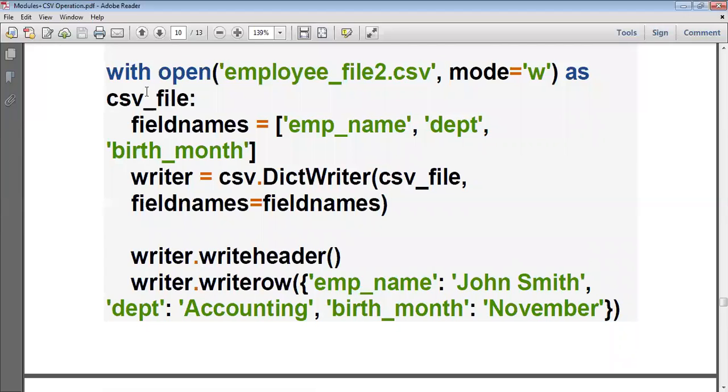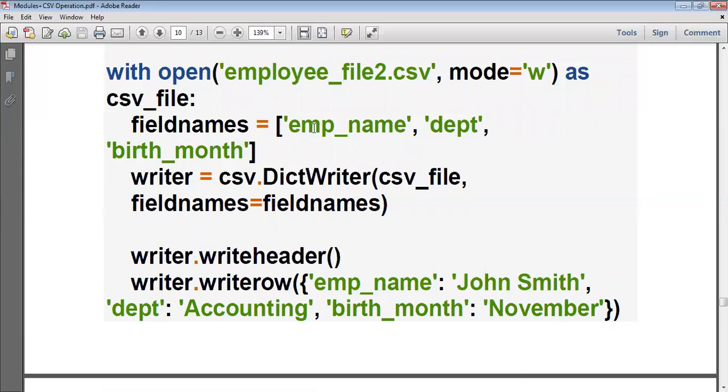Again, I have opened the file in write mode. While writing the content from the dictionary into the CSV file, the dictionary always has key value pairs, right? So you first write the field names, then the corresponding values have to be written.